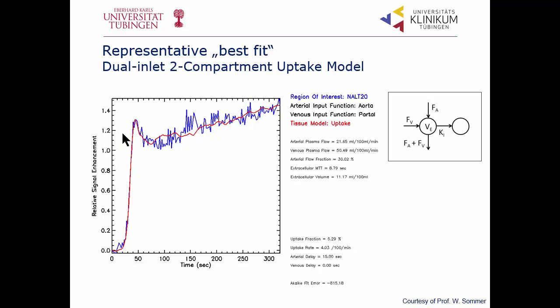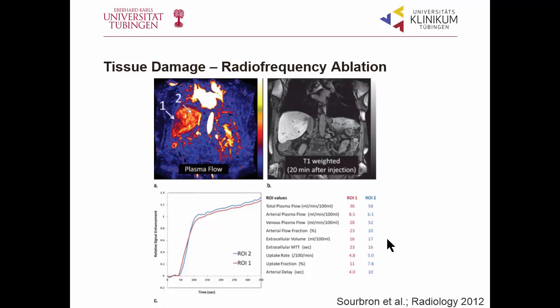We have a typical first pass, and then we have the uptake of gadolinium EOB, and we can calculate the uptake rate, which is a quite stable rate in healthy patients. And this is how we can assess liver function. This is a patient